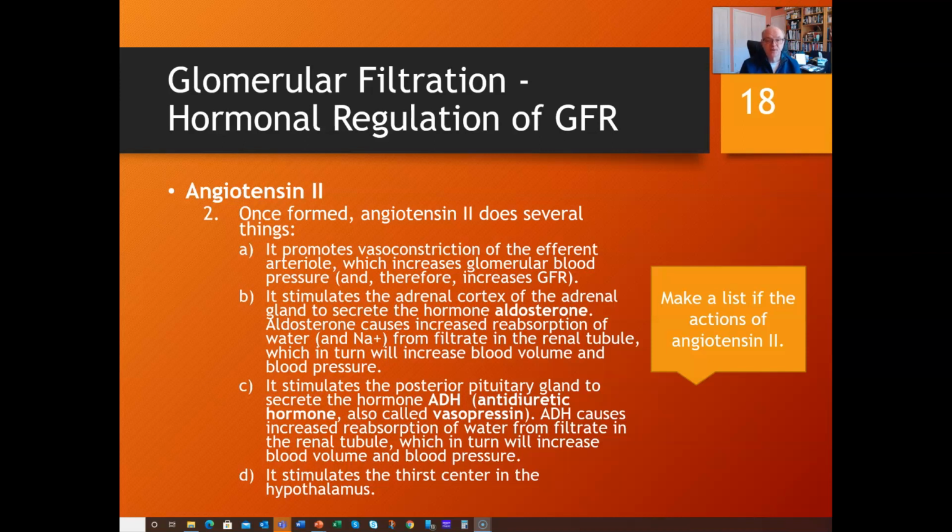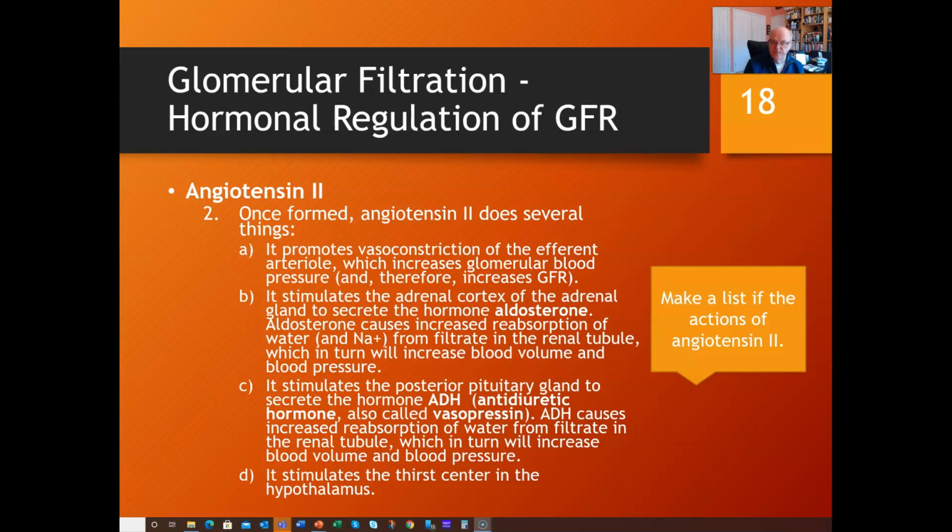Promotes vasoconstriction of the efferent arteriole. So that makes you make more filtrate, which is a bit weird. It makes you make more filtrate so you can absorb more water. The second thing it does is stimulate the adrenal cortex, which releases aldosterone, which causes you to reabsorb water